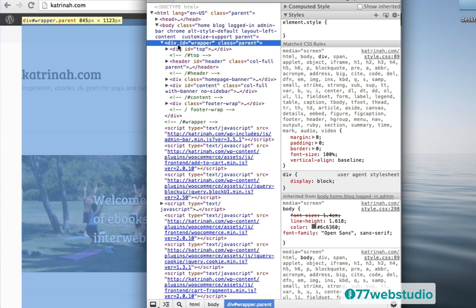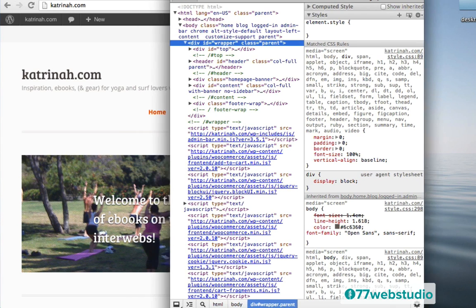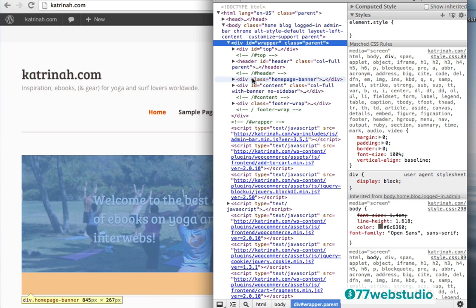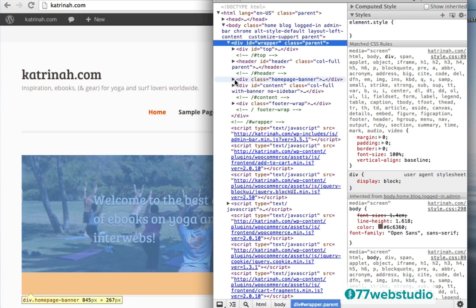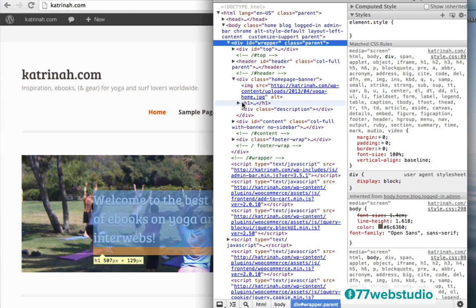We can see as I go one by one to each of these different markers, it highlights a different section on the web page. So notice that here I'm highlighting the header section, and the header is highlighted. Then I have the homepage banner, that looks good, and then content is below that. The banner title we need to change is located in the homepage banner, and when I click on this marker, we get more elements here.